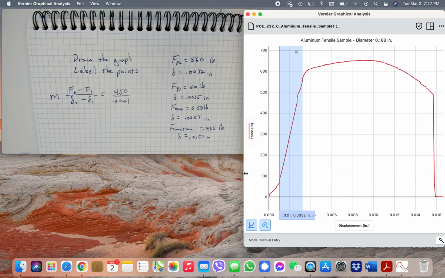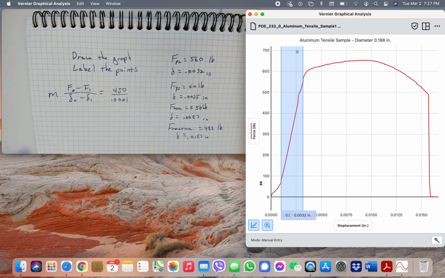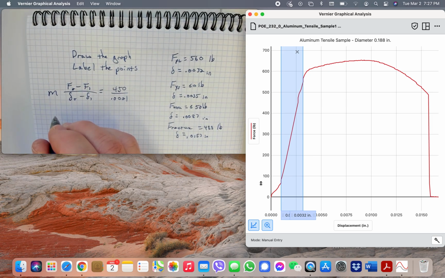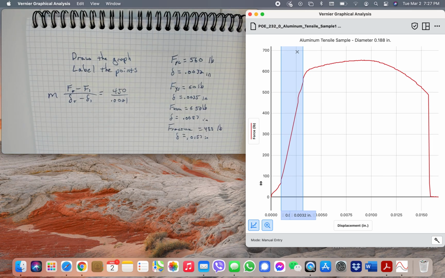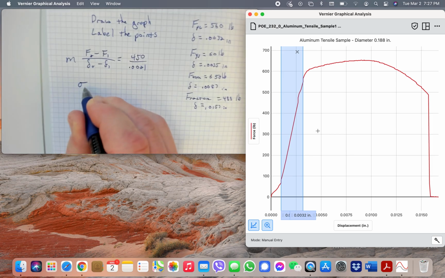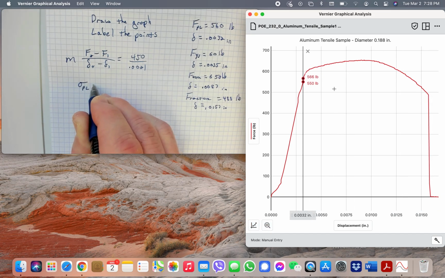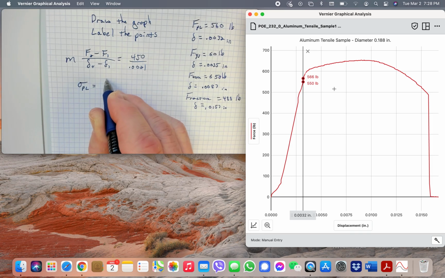We also want to know the area under here. All right, so now we'll come back to that. All right, so what Project Lead the Way wants is the stress at each of these 3 points. So the stress at each of those 3 points is given by this formula here. All right, so we'll say proportional limit. That's where it's still linear, no deformation. So that's force